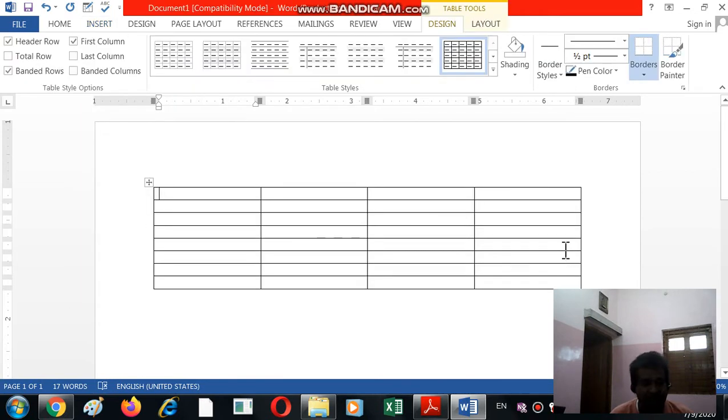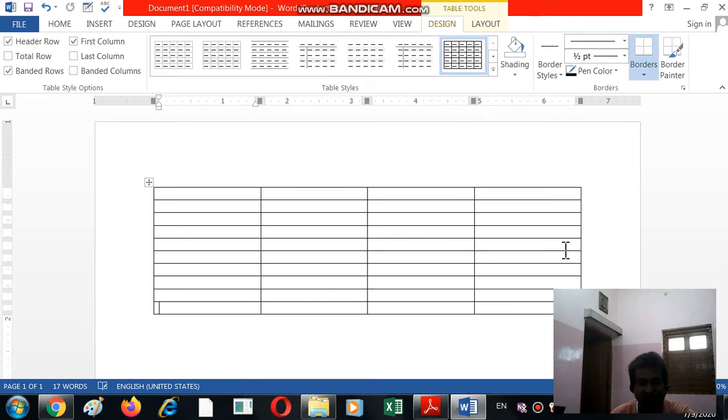When you are pressing Tab, it is going forward, you can see, and when you reach the last cell, 1 row is added. So this way you can move. If you want to move backward, press Shift Tab. See the cursor, Shift Tab is happening.